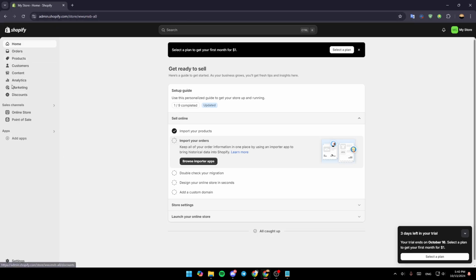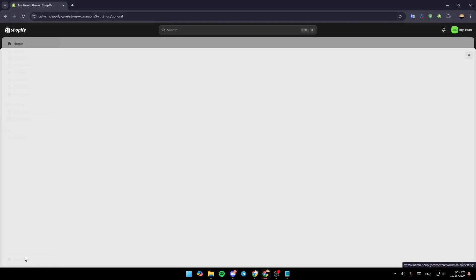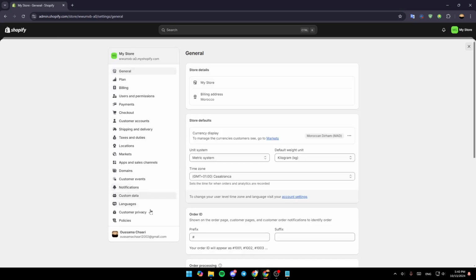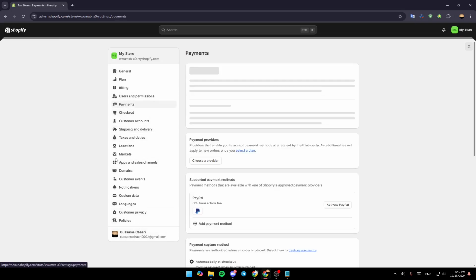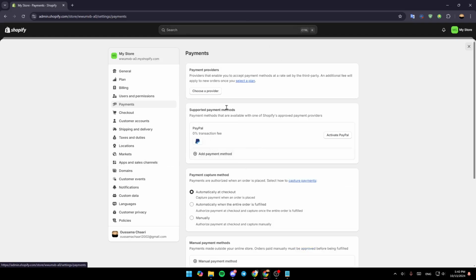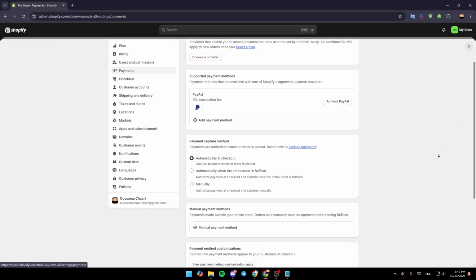So right now, the first thing that you need to do, guys, in order to connect Wise to Shopify is go to your settings. Once you go to settings, here in the left, you're going to find all these settings. You're going to find your general settings, plan, billing, users and permissions, payments, and so on. So click on payments. And after that, right here, you're going to find payment providers, supported payment methods, payment capture